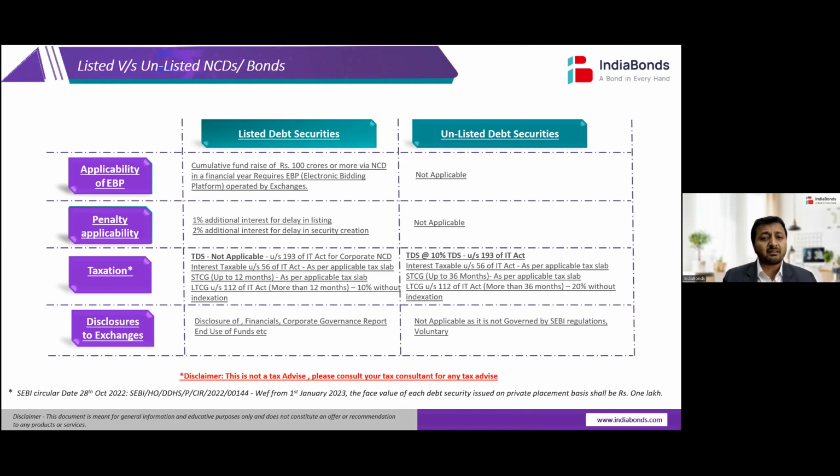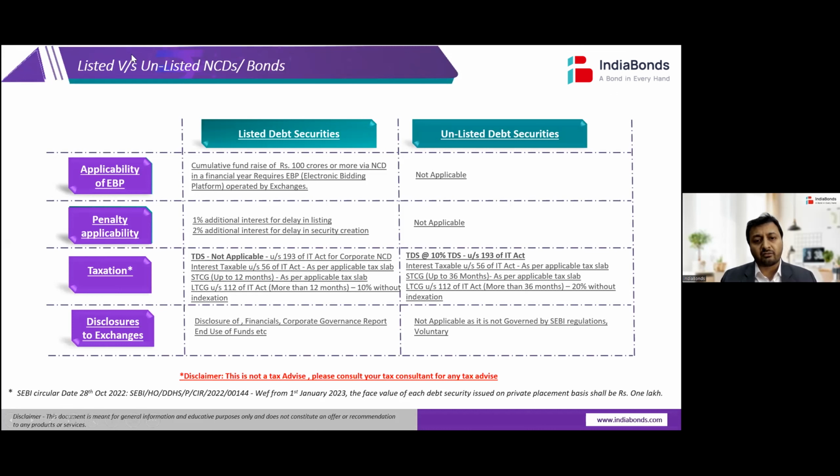That means the price discovery, the coupon या जो return आपको मिलने वाला है, वो इन मार्केट डिसाइड करती है कि ये नहीं है कि अगर एक इशूअर को अगर 6% पे रेस करना तो वो रेस कर सकता है या 7% पे रेस करना तो कर सकता है. वो एक इंडिकेटिव रेट लेके आएगा एंड या इंडिकेटिव रेट भी नहीं लेके आएगा. इन्वेस्टर्स डिसाइड करेंगे कि एक कॉर्पोरेट को क्या रेट पे ये पैसा देना है. Then obviously whoever is the best bidder in favor of the company, they will get majority of the share. Unlisted securities में ये applicable नहीं होता है.